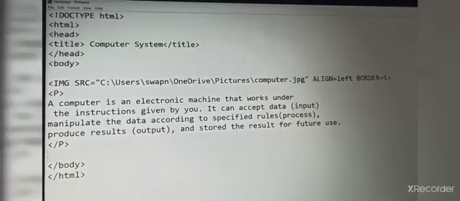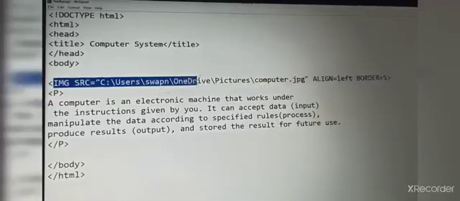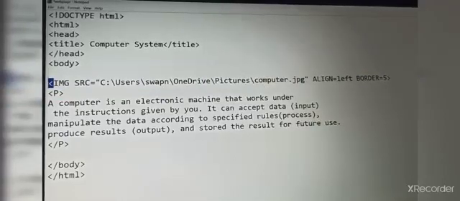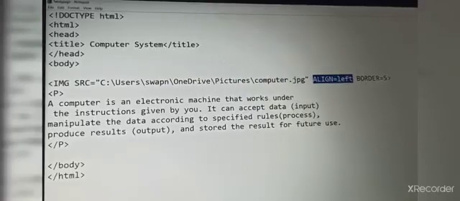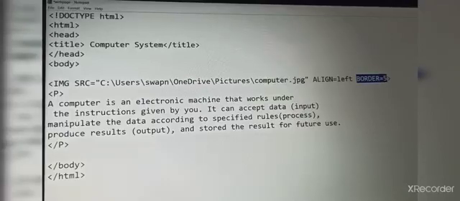Now we are going to add a border to an image. Here we have written an image tag, and in the image tag we have given a path. Then here we have given the alignment, where the image should be shown, and we also added a border. I have given a 5 here.